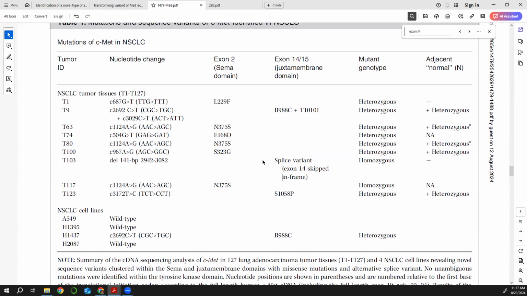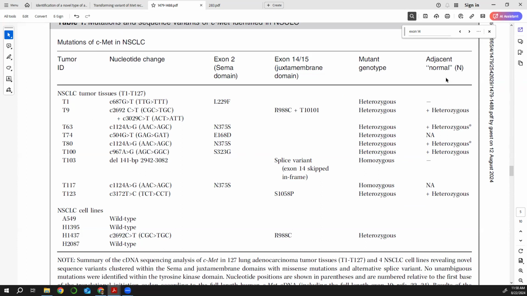We don't know that at this point. Okay. All of these mutations were found in the heterozygous state, with the exception of this splice variant. Okay. And that's consistent with MET being an oncogene. Usually in oncogenes, you only see mutation in one of the two